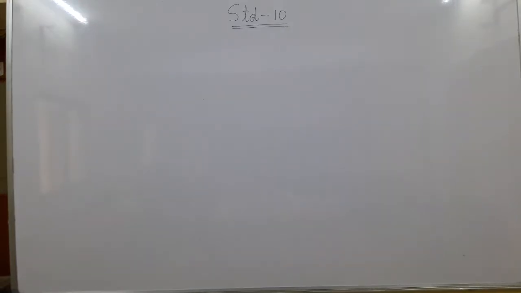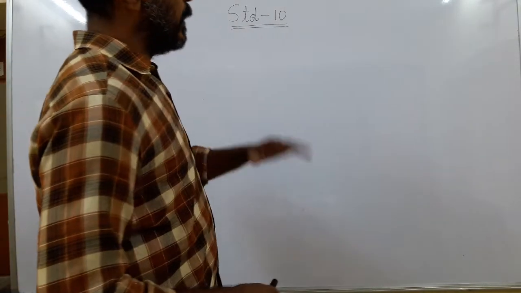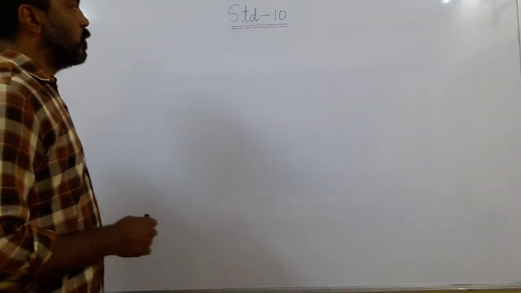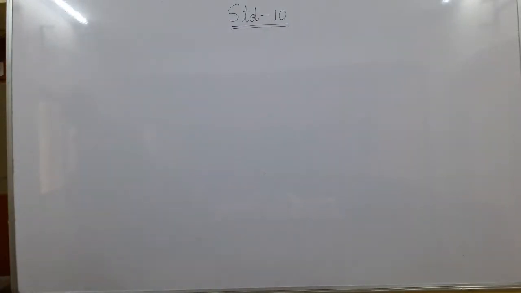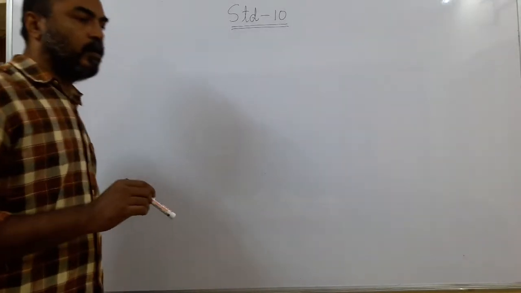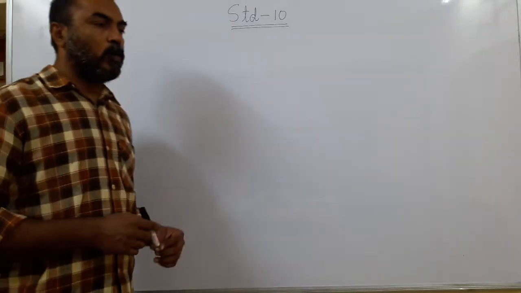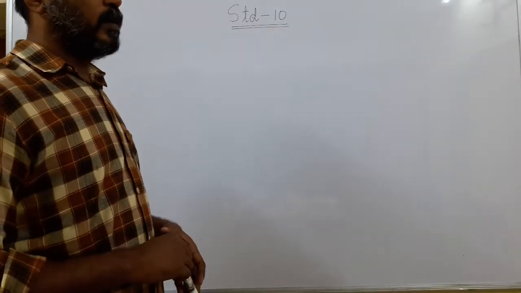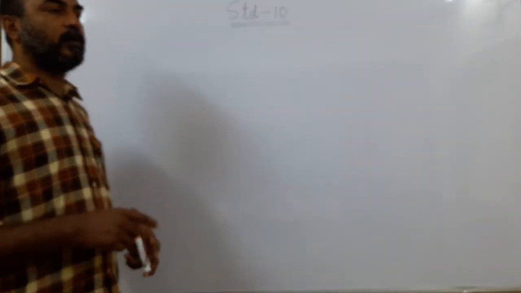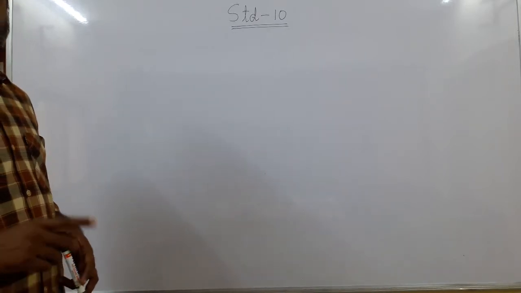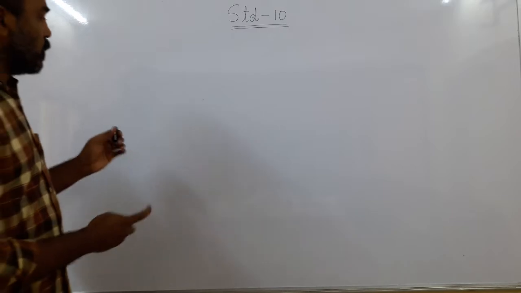So again, what is the condition for similarity? The angles have to be equal and the sides have to be in the same ratio. Now there is one activity which is given in the book, and we will do the same activity. So what you can do now is pause the video for a second, take out your protractor, your scale and a pencil. Okay? We are going to do an activity. Pause the video, get a scale, get a protractor and get a pencil. And when you get it, let's begin.